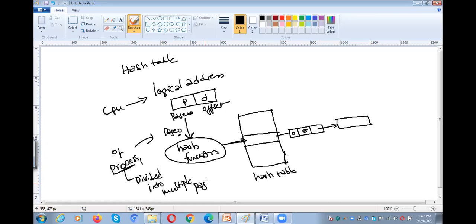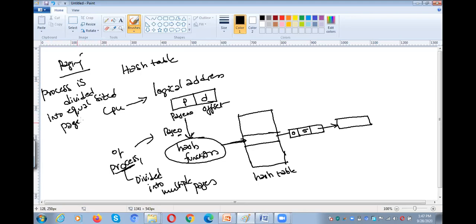So what is the paging concept? A process is divided into equal sized pages. That is the first point you need to understand under paging. And the second point is main memory is divided into frames.